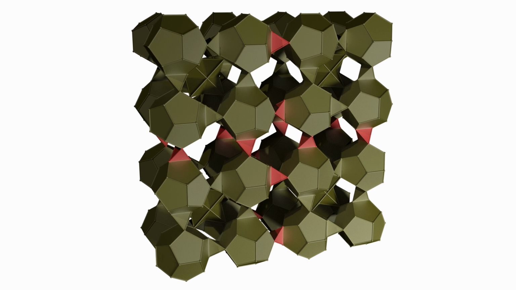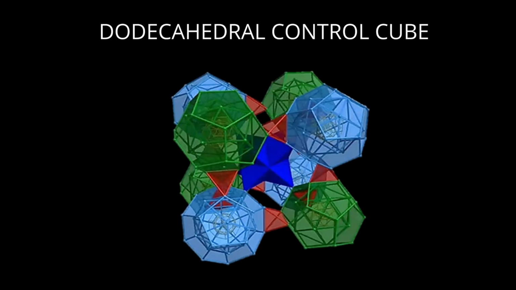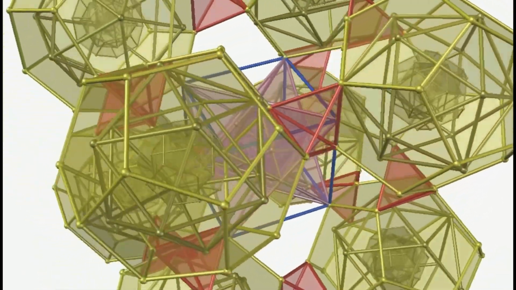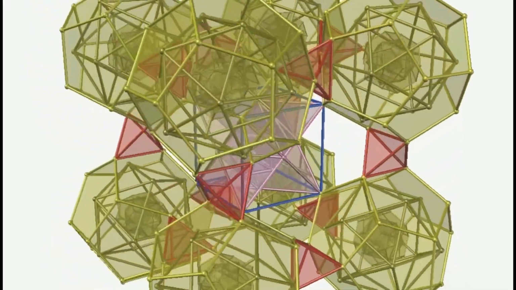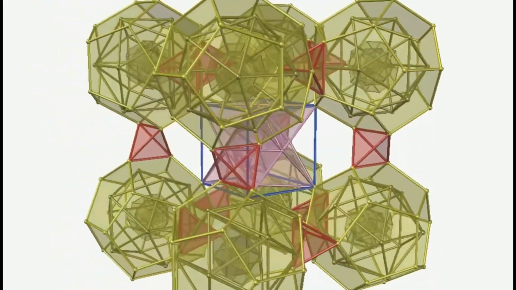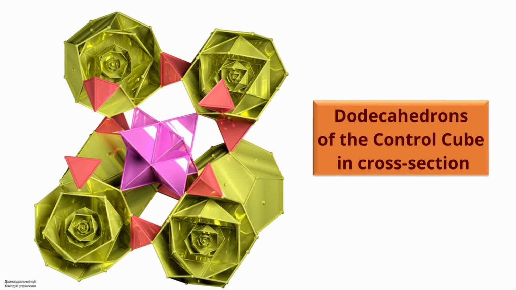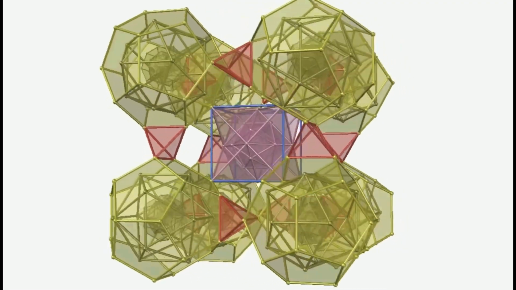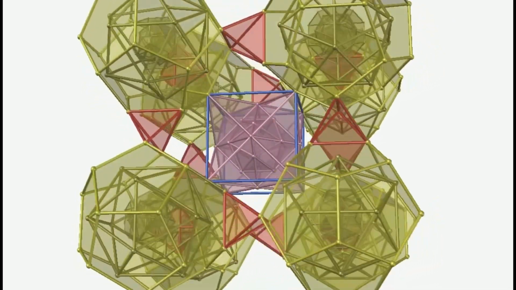The structure of the atmospheric grid consists of information blocks called the dodecahedral control cube. An icosahedron is inscribed in each dodecahedron. The number of nested structures is 44. Each such structure has its own frequency range. And as the frequency range increases, the size of the structure decreases. Each such nesting is the shell of some program of the Earth control system. There are no instruments on Earth that could detect them. The dodecahedral cube is a generator of atomic structure. The operation of the generator is set by the Earth control system.